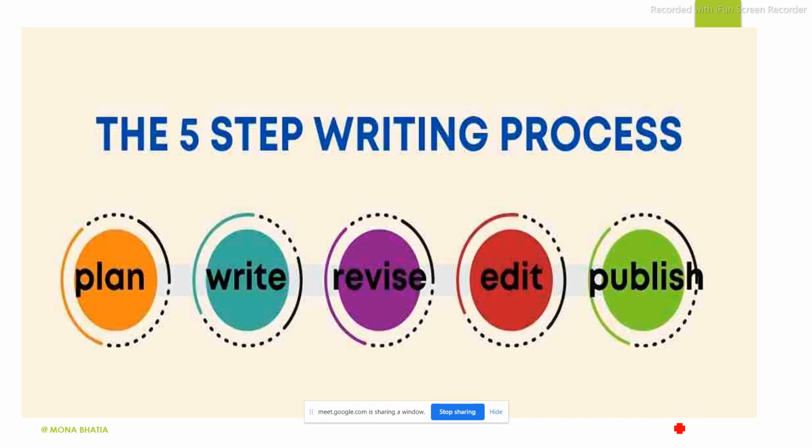So first of all, you will plan what are the things that you are going to write in the email. Then you have to write it. Then you have to just have a look at it, revise it, and if there is a need, you can do some addition, like cut some things, add some things, and that is called editing. And once you are happy that everything has been included and there is no extra thing that is not required, the crisp final email is ready, so then you can send it.